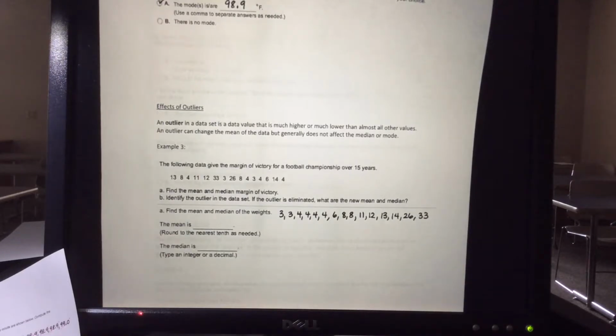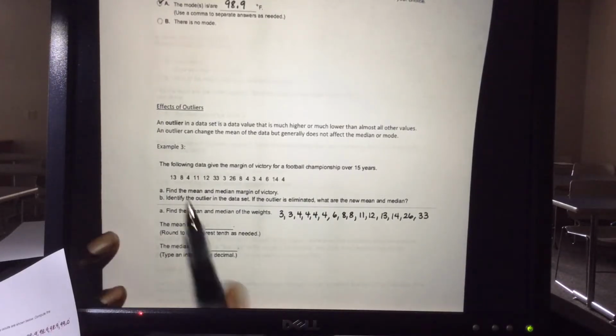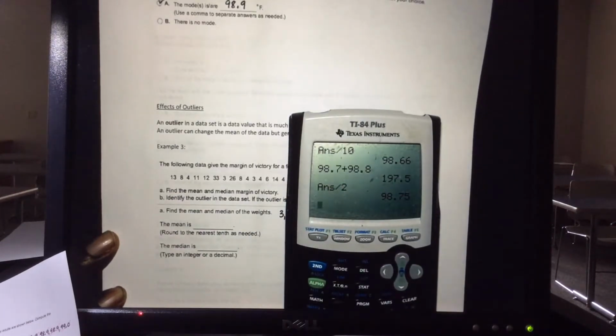Okay, now we're going to find the mean. We're going to add these data values together and divide by how many data values we have. So if I add 13 plus 8 plus 4 plus 11 plus 12 plus 33 plus 3 plus 26 plus 8 plus 4 plus 3 plus 4 plus 6 plus 14 plus 4,